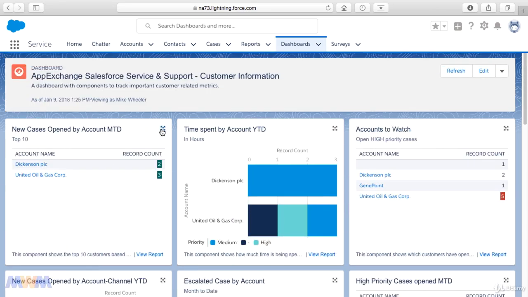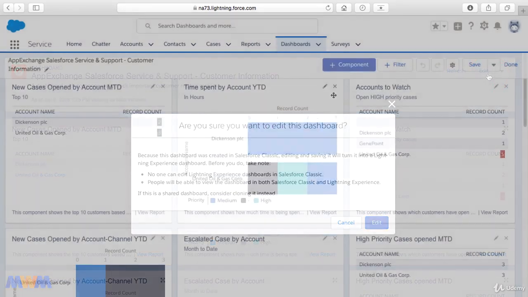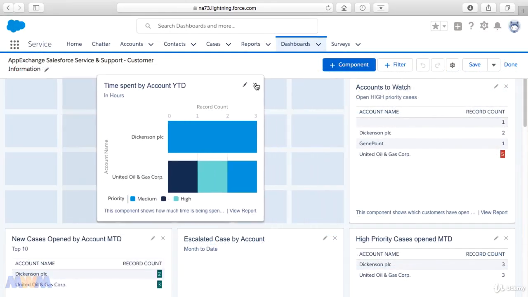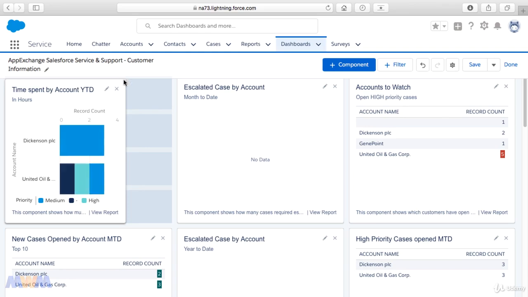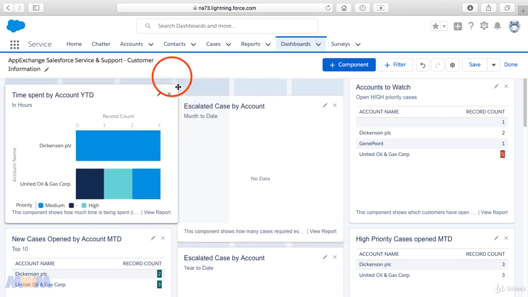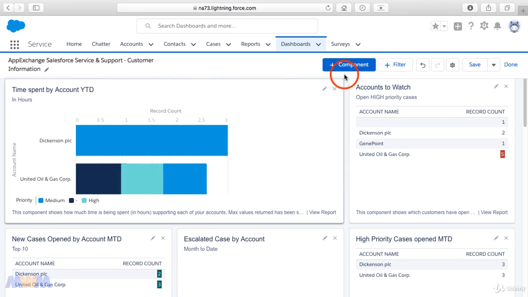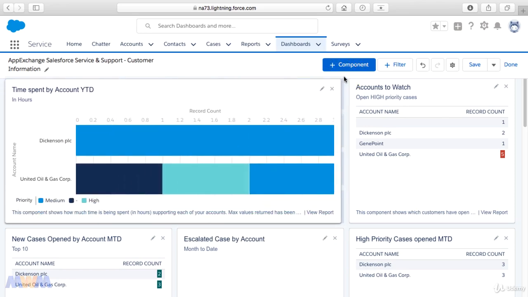So now, this is not intended to go real deep into reports and dashboards, and you will need some familiarity with reports and dashboards. It's not going to be as deep as on the admin exam, most definitely, but just as a reminder, you can edit dashboards by clicking edit. And some of the functionality that's different is you can move these around, and it's a lot more responsive, and you can resize these as well. And dashboards in Lightning Experience support more than 3 columns, and so you can really customize this to fit your individualized needs. But what I want to talk about now, though, is to get back into the reporting design considerations,